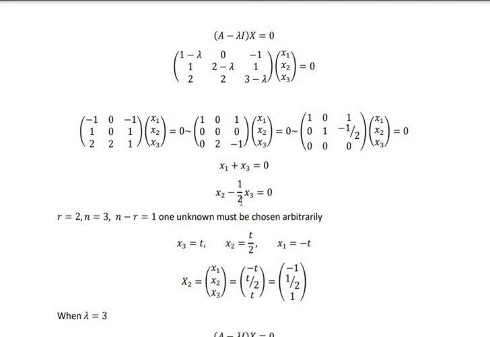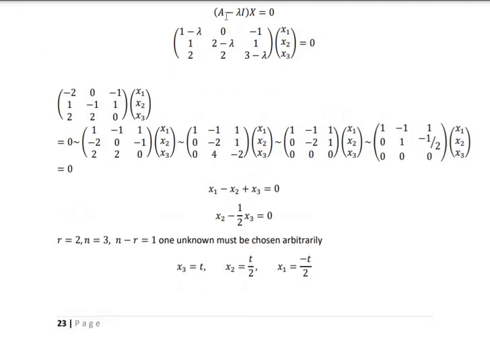So therefore you are going to take one variable arbitrarily, that you take x3 is equal to t. Therefore x2 you will get from this equation, x2 is equal to t divided by 2. And what about x1? So you can substitute x3 in this equation, so you will get x1 is equal to minus t. Therefore the eigenvector corresponding to lambda is equal to 2, that is x1, x2, x3. You substitute, you will get minus 1 by 2 t. Then next one is lambda is equal to 3. So there also we take A minus lambda I into x is equal to 0.